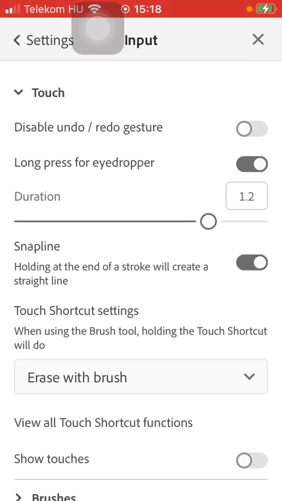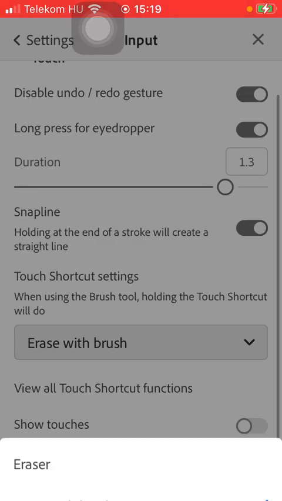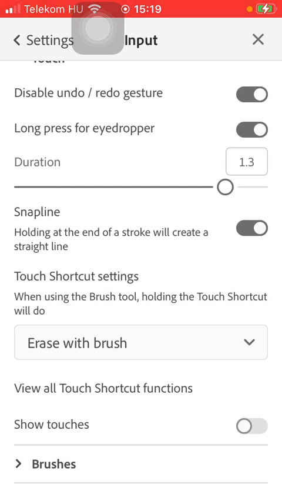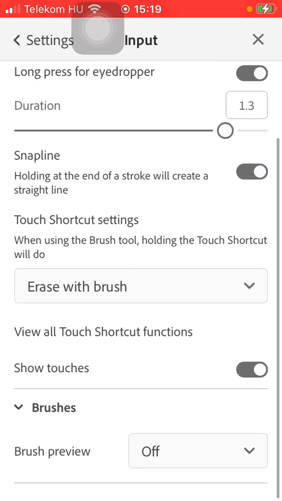So you can disable, undo and redo gesture by tapping on this button. In the right side, you can turn on the long press for eyedropper section. You can set the duration by the help of this slide. You can turn on the slap line, and the touch shortcut settings can be added too. You can also show touches, and if you click on the brushes section, you can turn off and on the brush preview